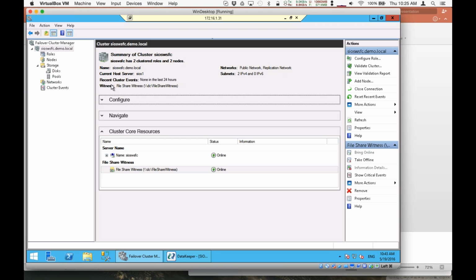So I'm connected into a cluster that I have set up, and my cluster is called SIOS WSFC, or Windows Server Failover Cluster, .demo.local, and it's a simple 2-node cluster. My nodes are called SIOS 1 and SIOS 2. Now, for those of you who have an existing cluster in your environment today, you're doing raw device mapping and all that, most of this is going to be familiar, but there are